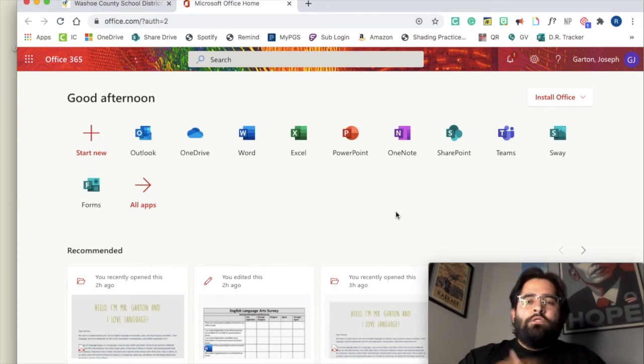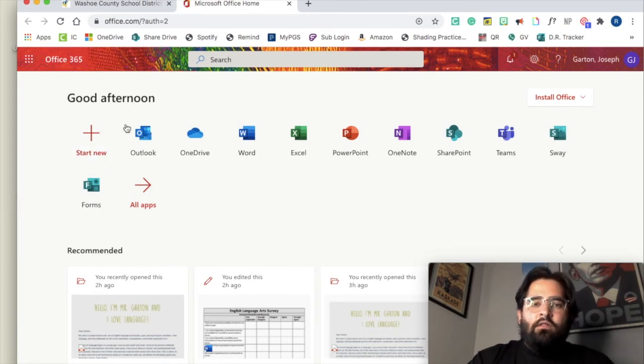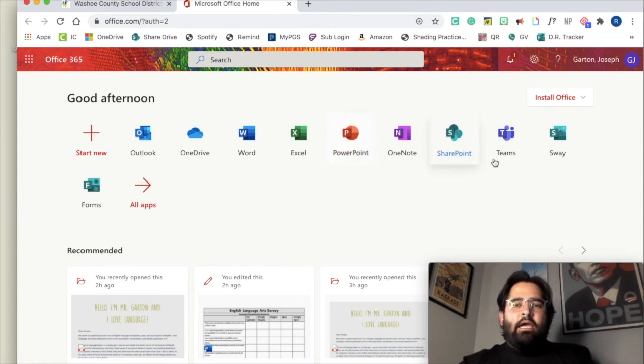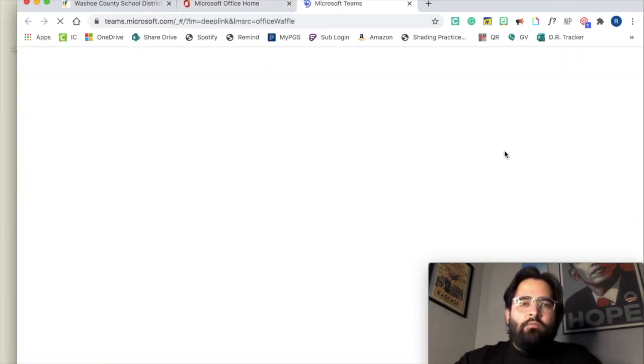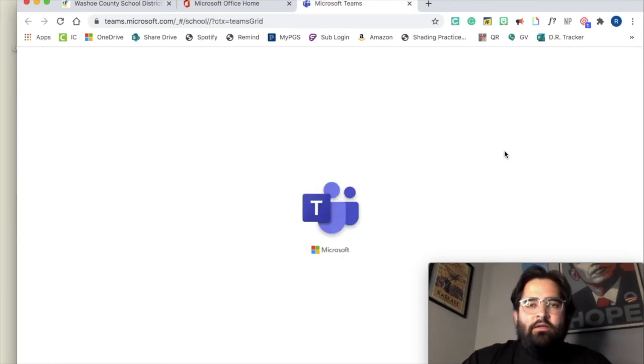Okay? So once you've logged in, you'll see this screen. At the top, you will see all of the applications that are available to you. And as I said before, you as a student here have access to all these programs all of the time, always. Okay? So if you are writing a paper, of course, you can access Word. If you're doing a presentation, you can access PowerPoint, so on and so forth. Again, for our usage, we're going to be using Microsoft Teams when you are away at home working on your work. When you click on Microsoft Teams,